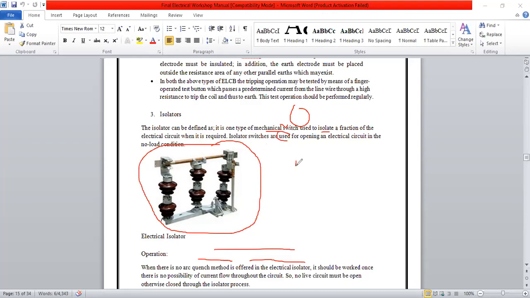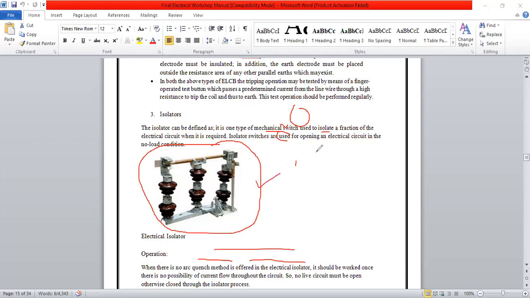So for doing the maintenance, suppose the circuit breaker is open, but the worker does not know the condition of that line. Even if the circuit breaker is open, it is fixed inside one box, so we open the isolator to let the worker visualize that the circuit is open. Then only we will do the maintenance of that transformer. Generally in a substation you have seen this isolator.